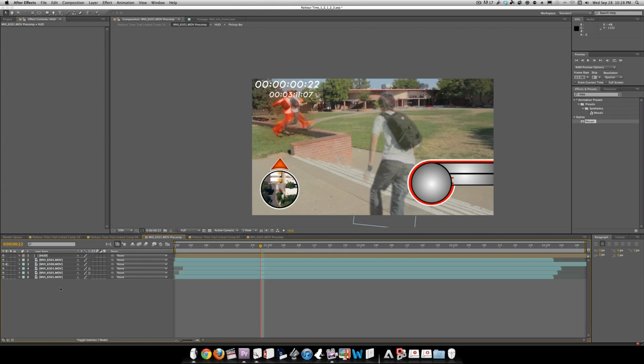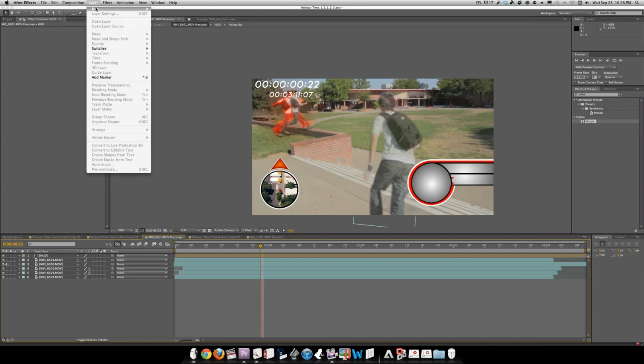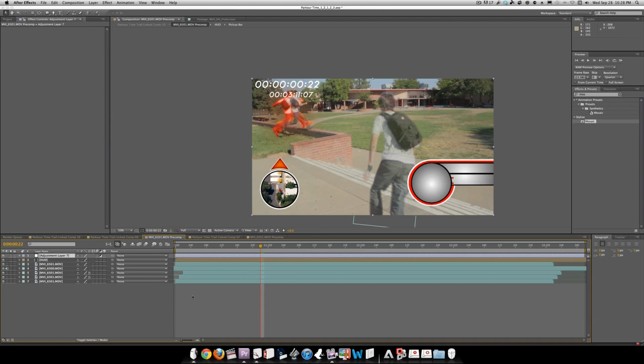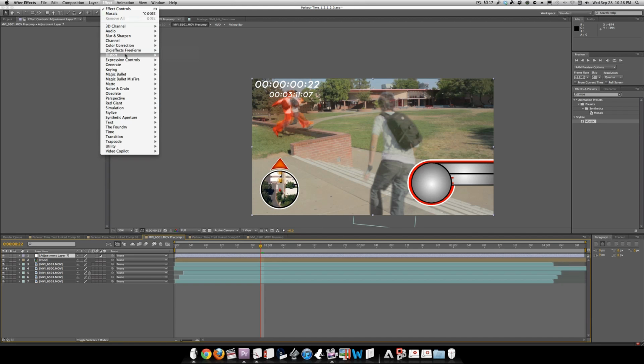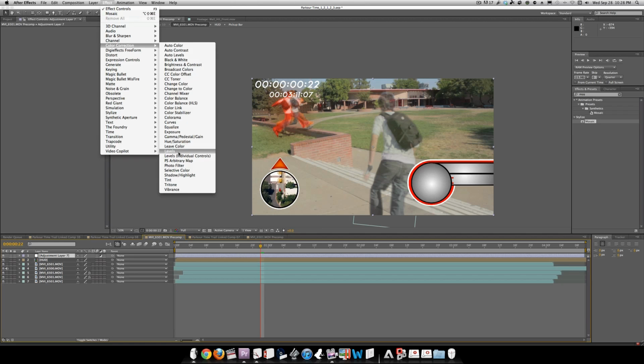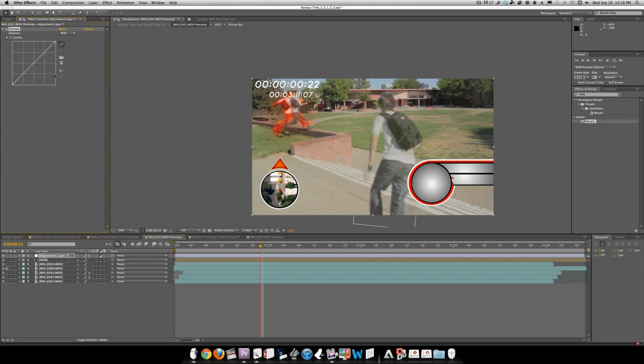So we have this, but what we don't have is layer, new, adjustment layer, or Shift Command Y, Option Command Y, and we're going to do the color corrections in this instead of the actual clip. And go effect, color correction, curves, and I'm just going to run through a quick curves adjustment. Again, shot flat, so up the contrast. Going to blue, drop some blue in the shadows, bring that in the middle, bring red into the mid, and make sure it doesn't bleed into the other sides. And to balance it out, we'll add some green